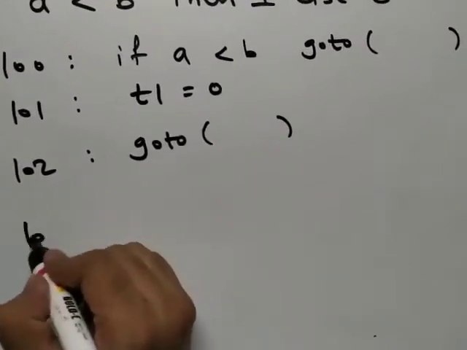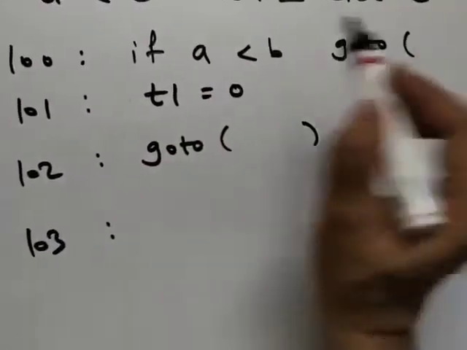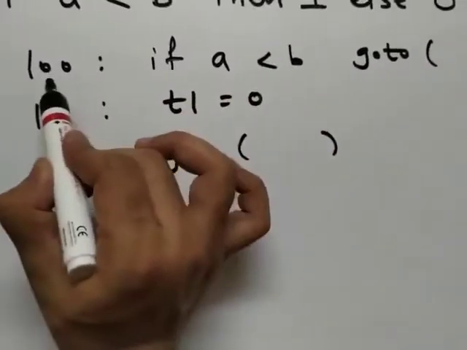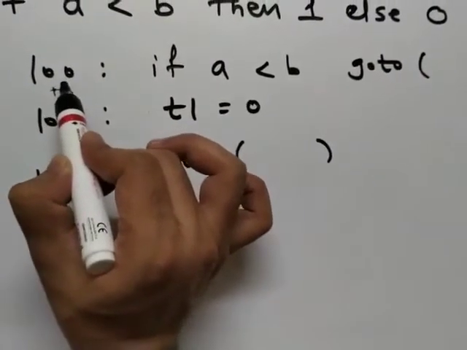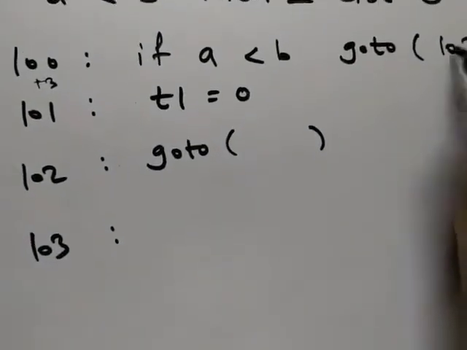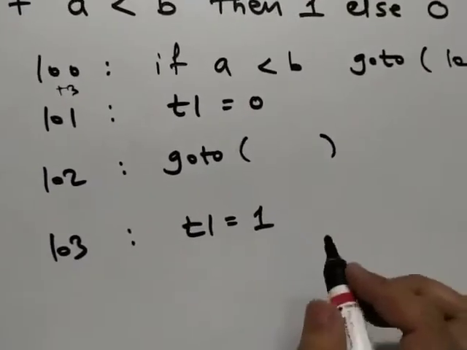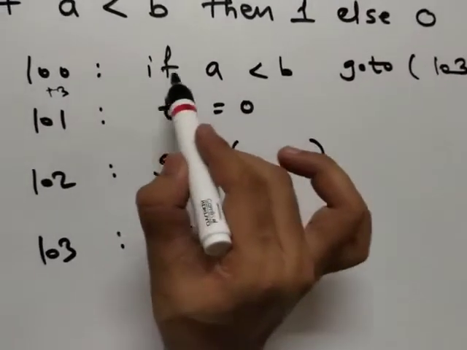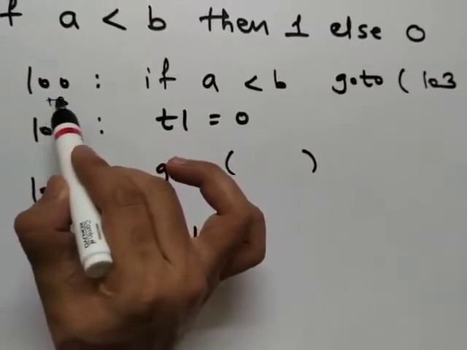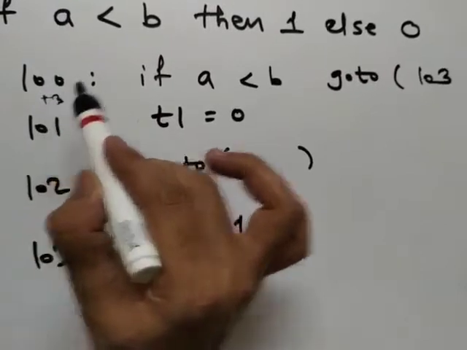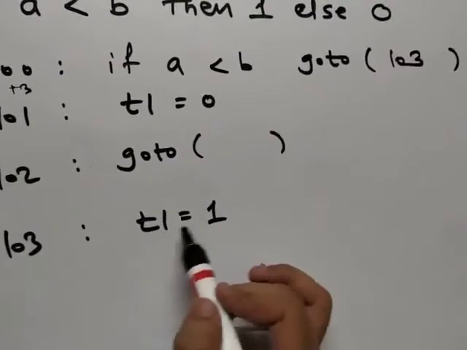So next, 103. When if a is less than b, go to. Now please remember, when you have an if type of statement, assign the address to it and add +3 to it. So add +3 to this address and place that address here. So 100 plus 3 is nothing but 103, and at 103 just write down that condition, that is t1 equal to 1. I repeat one more time, when you have an if type of statement, simply assign some address and add 3 to that address, and that value should be put into the go to statement. So go to 103, we will be having t equal to 1.